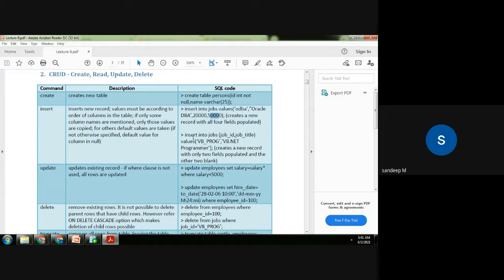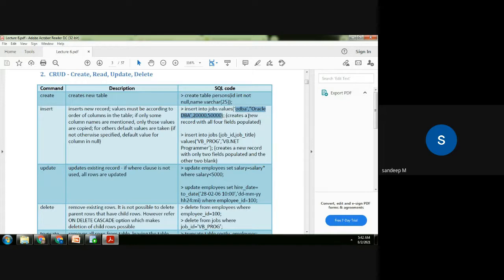So this is one way of inserting the values. Here we have 4 values because the data set had 4 columns. But sometimes you need not populate all the 4 values. Say, for example, you're interested only in populating the values related to job ID and job title. In that case, you have to mention the names of the columns. Here we didn't mention the names of the columns; we directly gave the values because we are giving all 4 values. So in that case, Oracle knows the order because there are 4 columns and you're giving them in the same order, so it will take and map them.